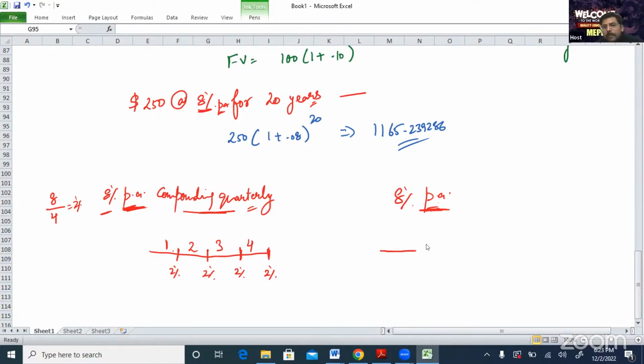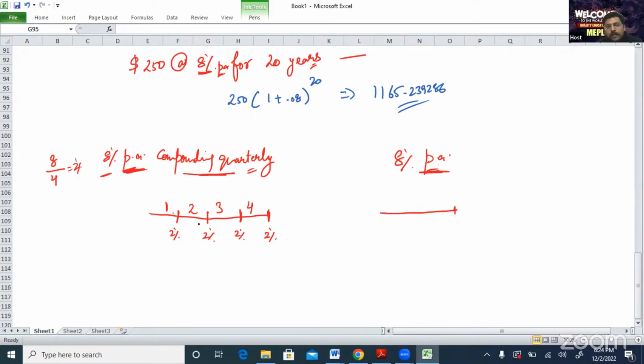और इस 8% per annum में क्या है? If we start it from here, and let us say this is my 0 to 1 year, this complete 1 year. Here 1, 2, 3, 4 means quarter. Here this is 1 year, complete year. Okay, so here I am getting the interest directly here, 8%. So अगर आप add करेंगे individually सबको, it is looking like 8% in totality. But the timing is different. यहाँ पर जो 8% डायरेक्टली है वो एंड ऑफ द पीरियड पर मिल रहा है, एंड ऑफ द ईयर में मिल रहा है। But in this other case, 2%, 2%, 2%, 2% like this it is happening.